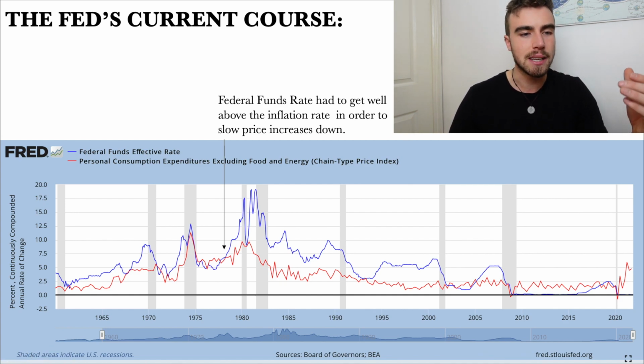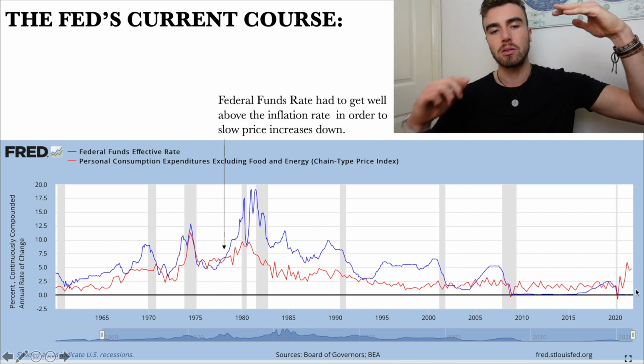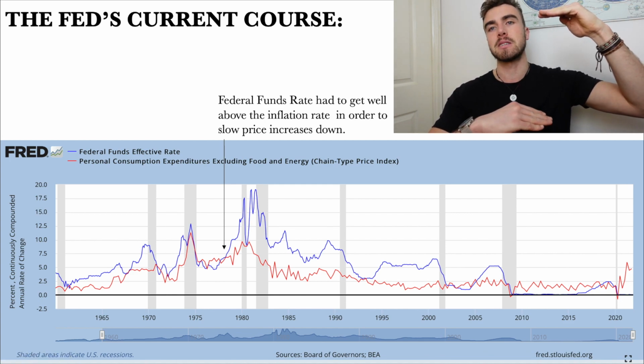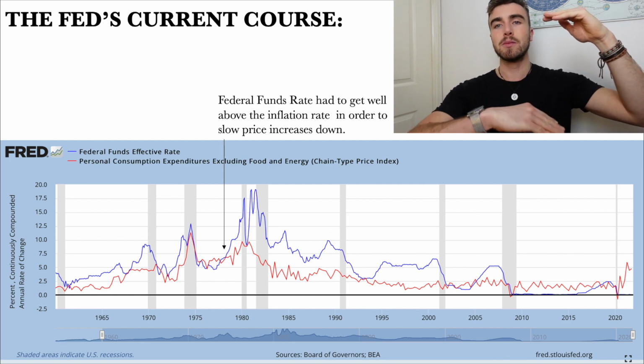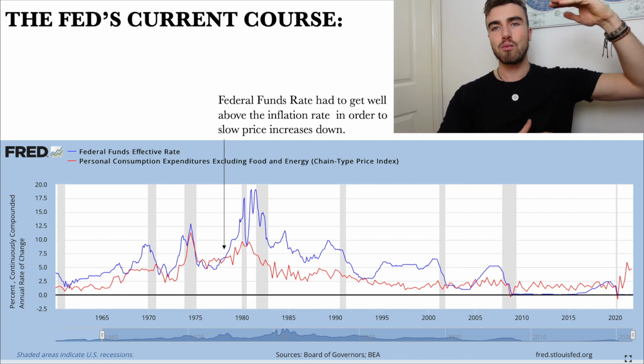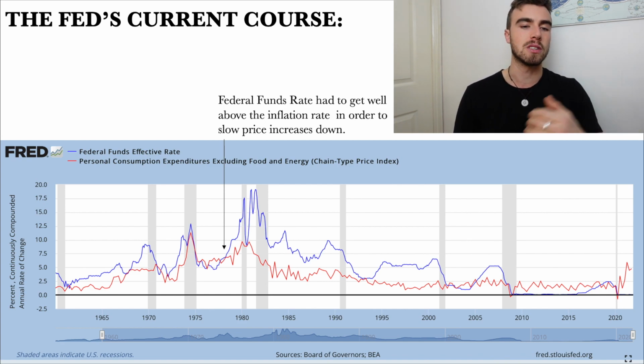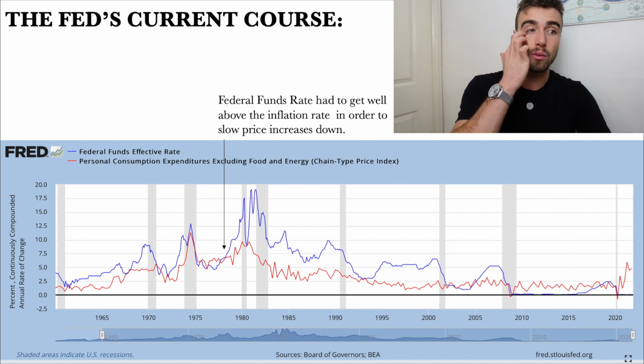But we're in such a unique situation today where the differential between the red line and the blue line is so big, with the red line being on top. So now we've got inflation rates up at 7%. We've got the base rate down at 0.25%. So that real interest rate on the base rate is about minus 6.75%, which is really, really bizarre.